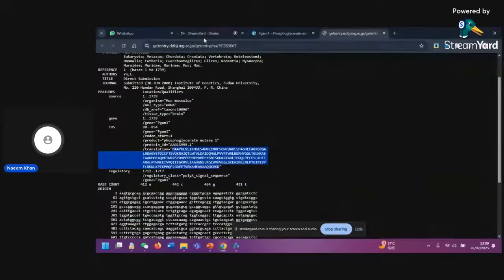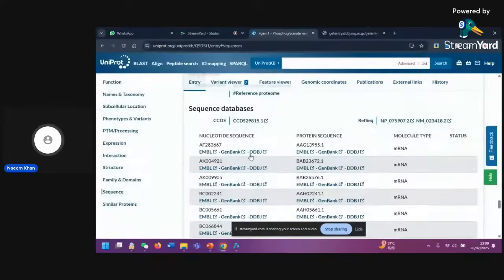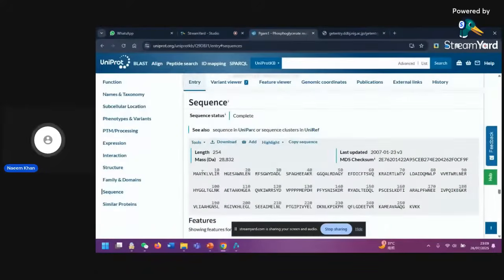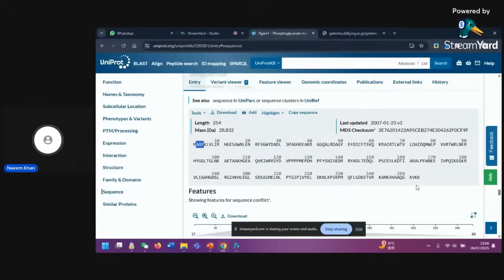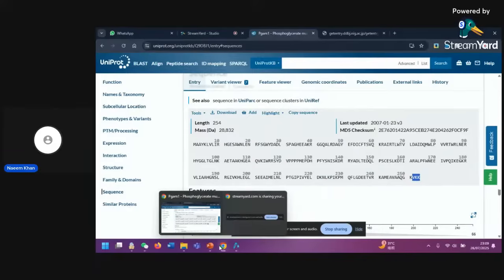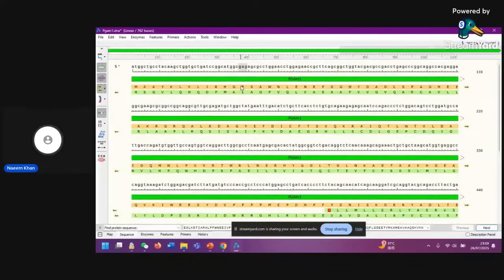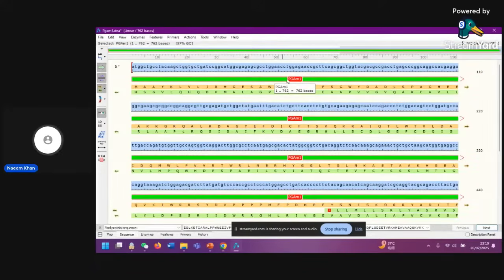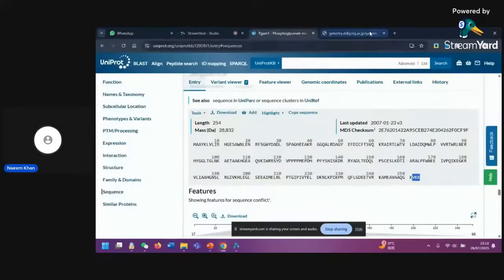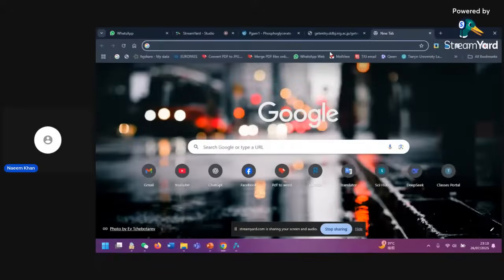So we will confirm here. Here we can see the starting region is MAAY and the last region is KVKK. So it means our gene is ready for primer design. First we will click on this PGM1 name and copy it with Control C, and now we will design the primer. Here we will go to Google and use